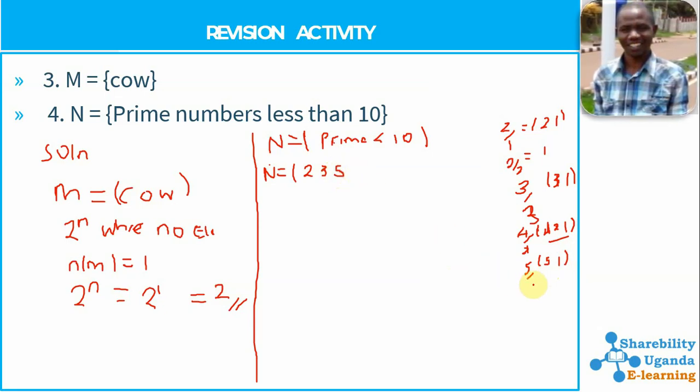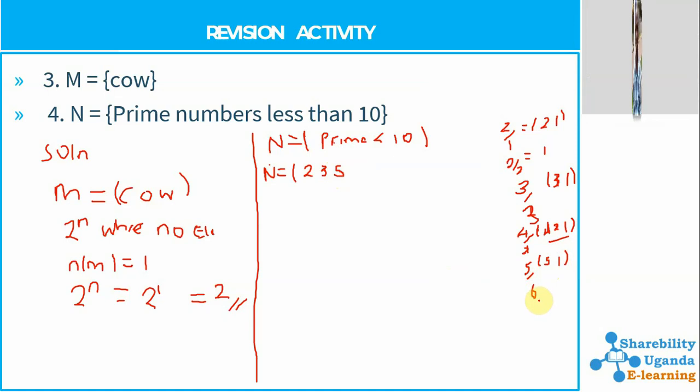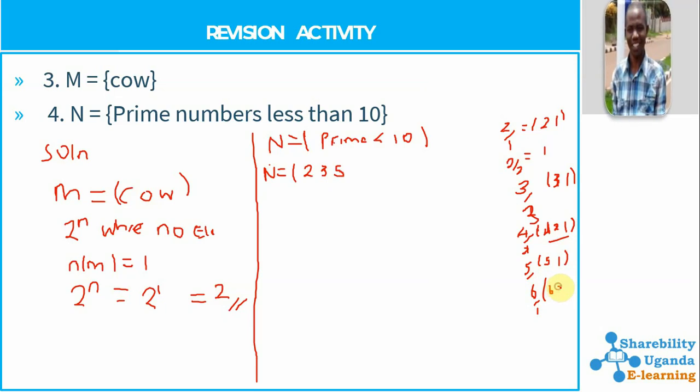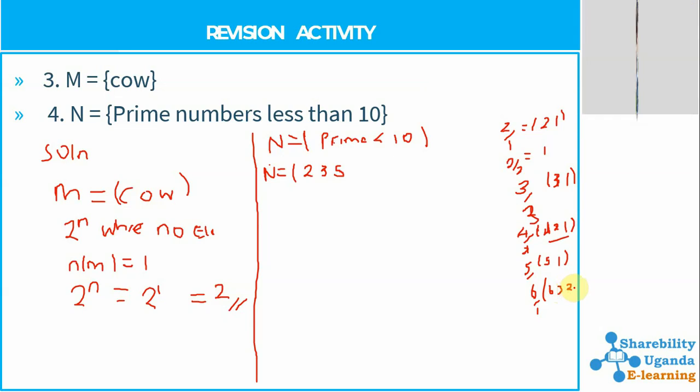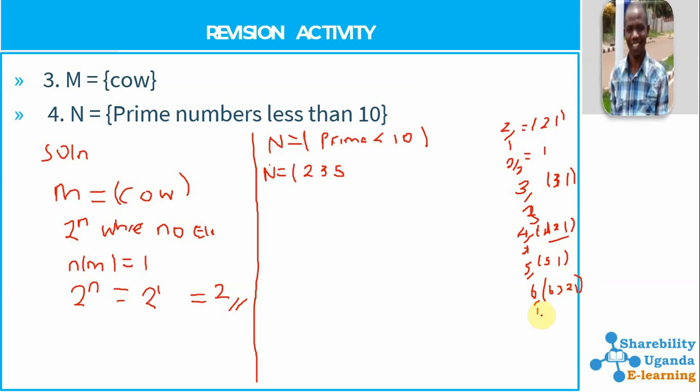Let's also come to 6. What is 6 divided by 1? 6 divided by 1, we get 6. 6 divided by 2, we get 3. 6 divided by 3 we get 2. Then 6 divided by 4, impossible. 6 divided by 5, that is impossible. Divided by 6 we get 1. So you can see 6 has more than 2 factors, so it does not qualify to be a prime